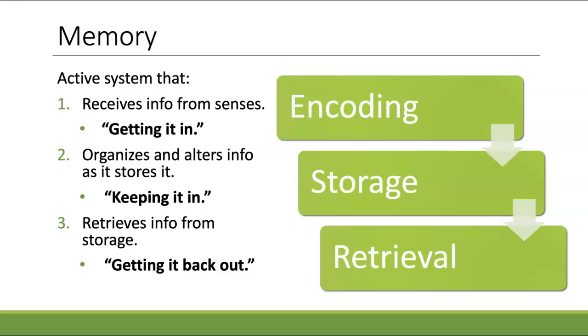Then we've got retrieval. So retrieving the information from storage, it's the getting it back out stage. If we're again going back to our analogy of a computer, it is reopening the file, getting that information back out of storage. Now, exactly how these processes are happening in the brain is a little less clear. Scientists have formed multiple theories, so we're going to look at some of those. But looking at the brain as a computer model is one model of memory that we can use to understand this process.